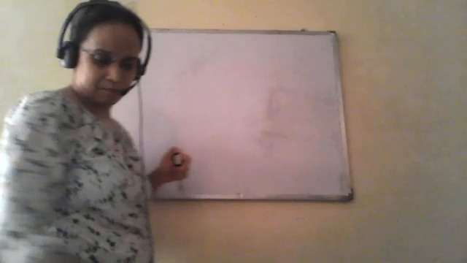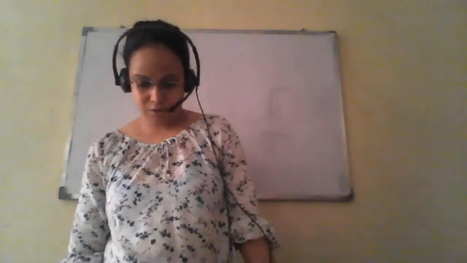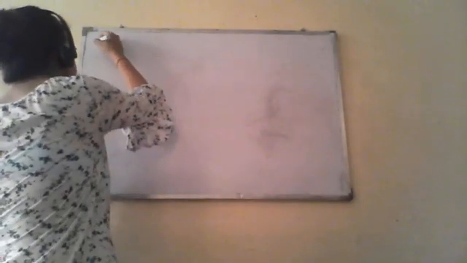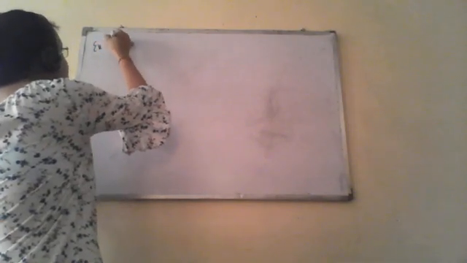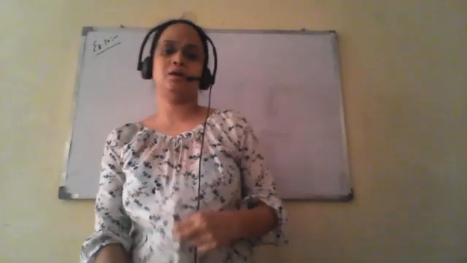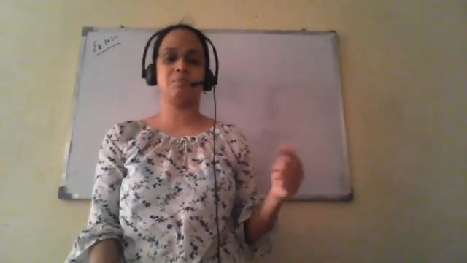There are a few examples, like example 10, example 11, example 12. These are important ones, so we'll discuss them one by one. First, example 10. In such questions, we are asked to multiply a given number by the smallest number, or we have to divide, or sometimes we can subtract or add also. So we will go through this one by one.